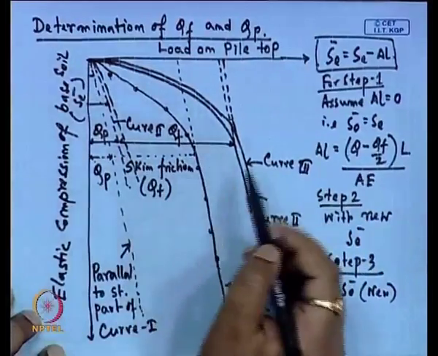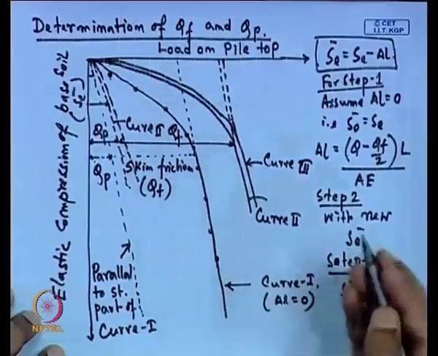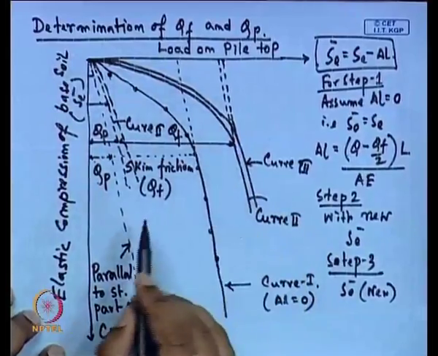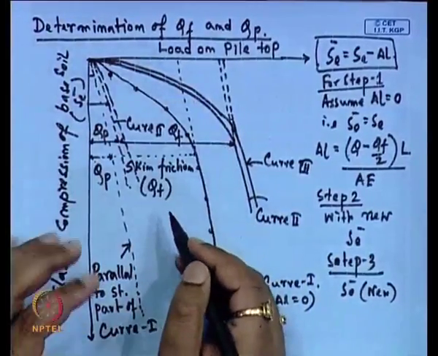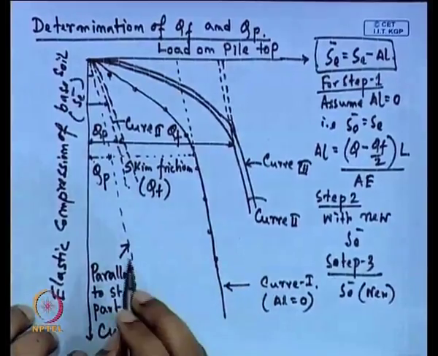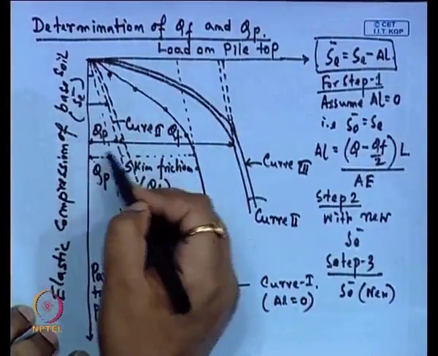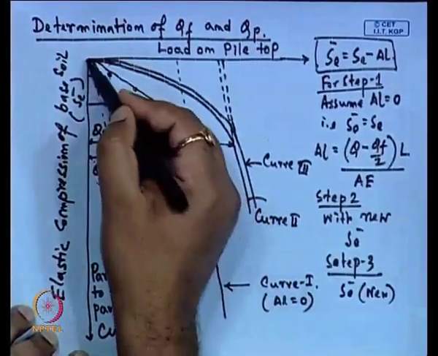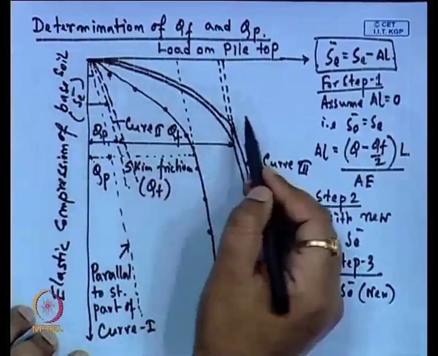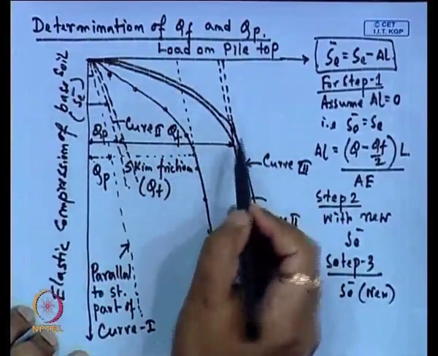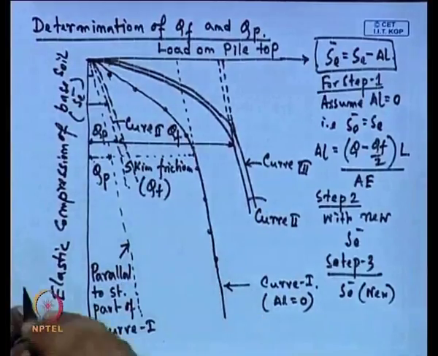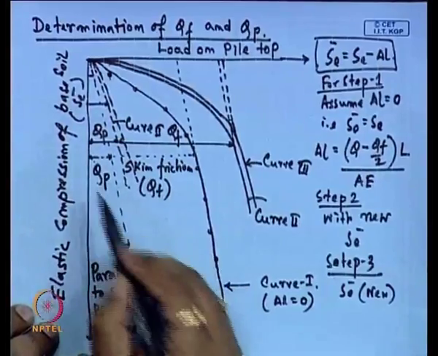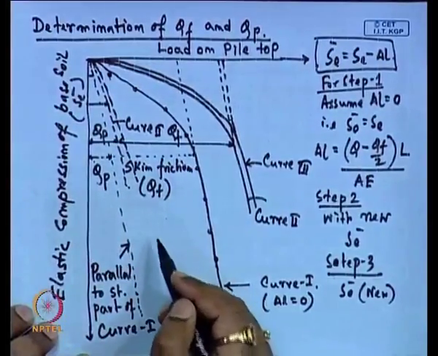So, when these curves are matching, say suppose curve 3 and curve 4 are matching each other, then we will stop there, and from that curve itself, the left hand side of this straight portion will give us the contribution from the Qp, and the right hand side of the line which is passing through this origin, right hand side of this curve up to the original curve, that will give us the friction resistance. So, for this method we can determine the contribution from the tip resistance and friction resistance separately.